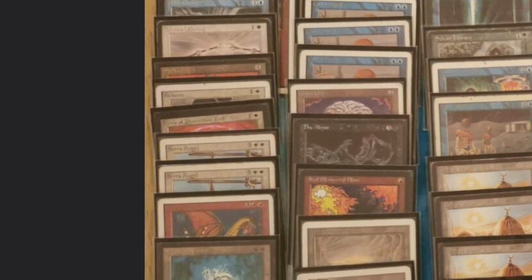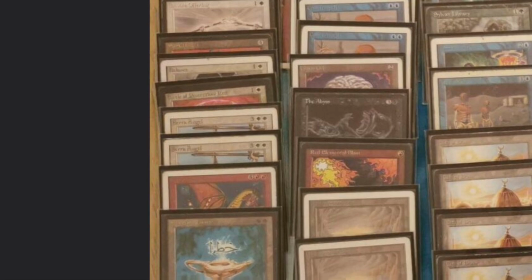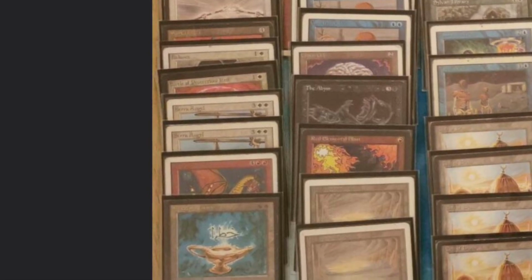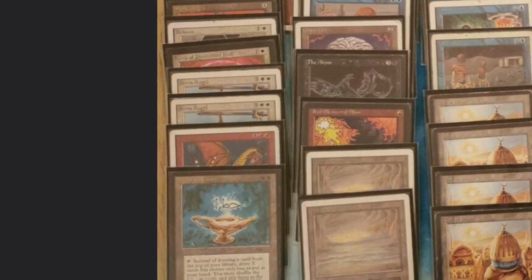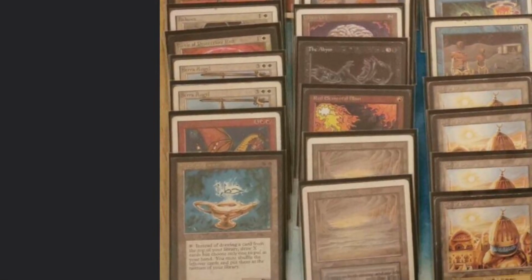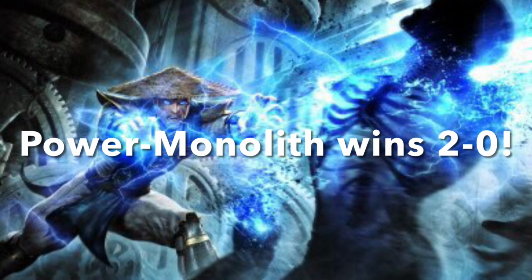The Balance, likely against aggro, stuff like that. Circle Protection Red, you likely put that in. And then we have the way for the transformation sideboard to work here with a couple of Serra Angels and a Shivan Dragon. And there's that Aladdin's Lamp, so spicy. So Power-Monolith wins this matchup